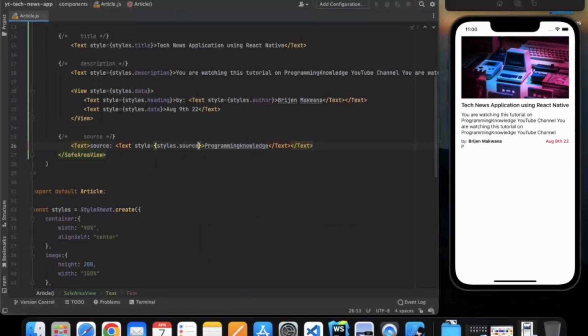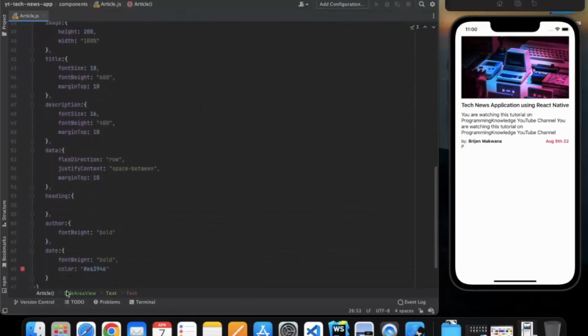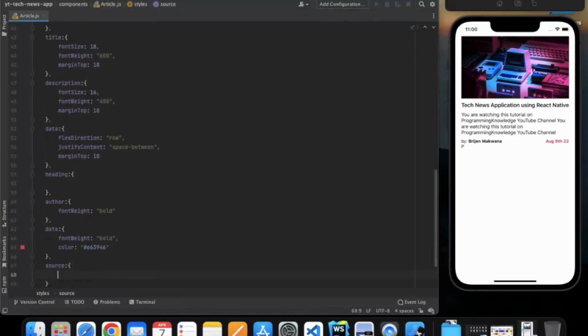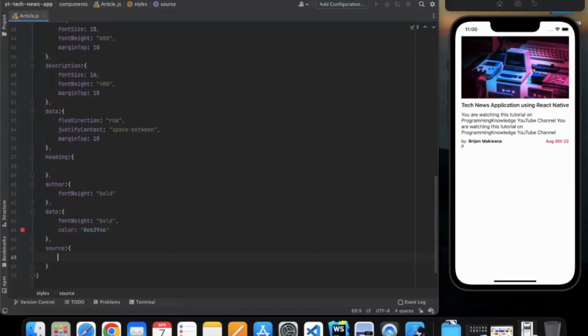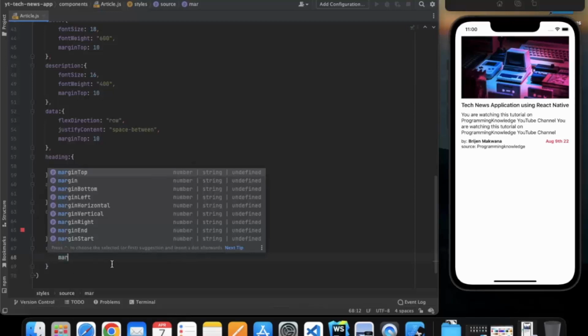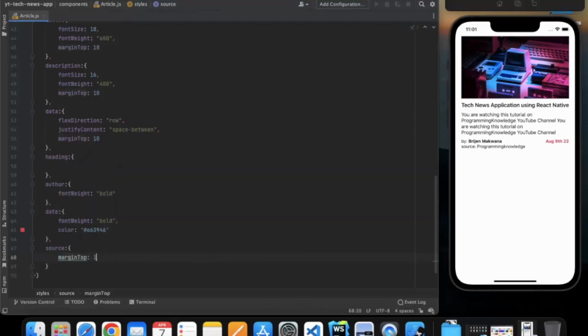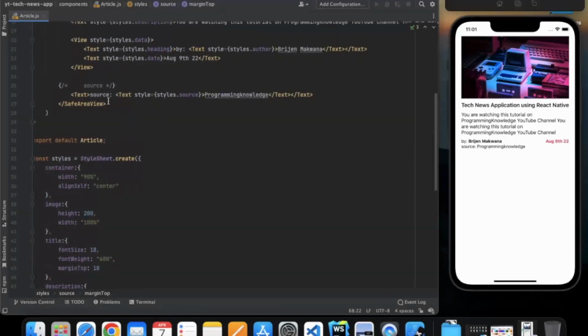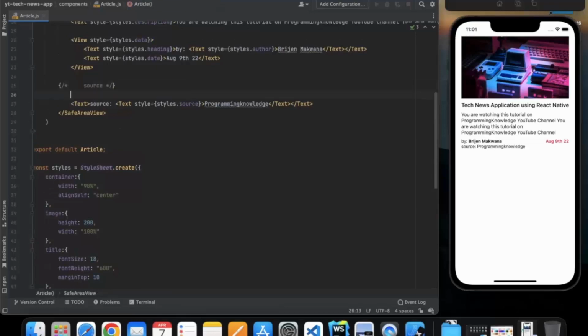Node source. Let's create this style. First of all, margin top of, let's say 10. Okay, so we have two components over here. Let's